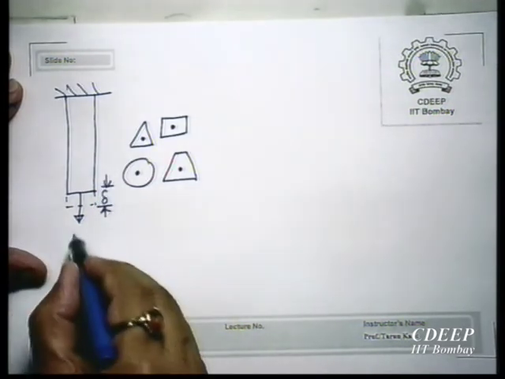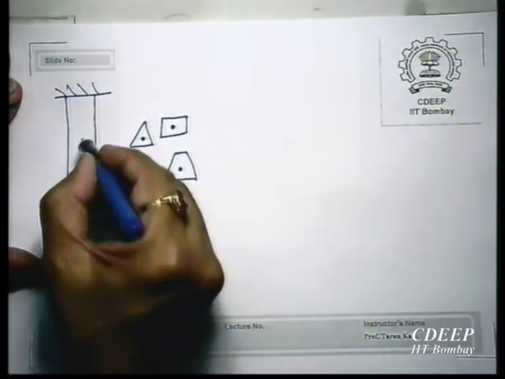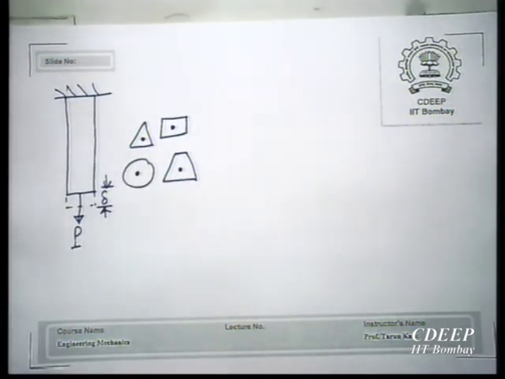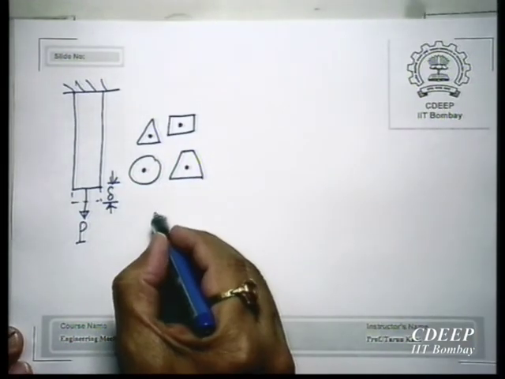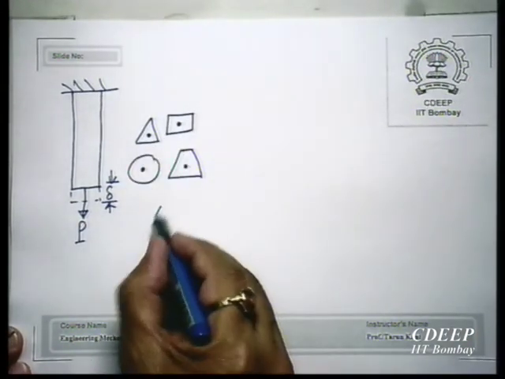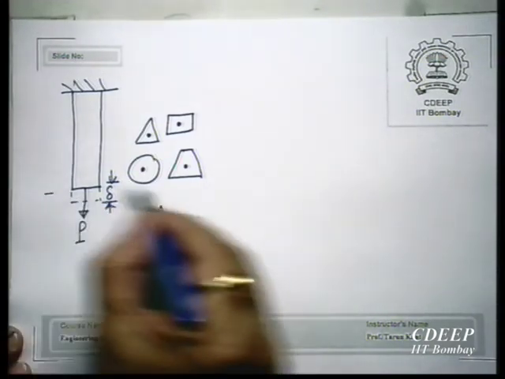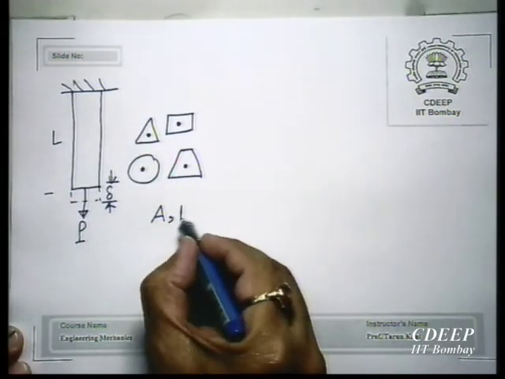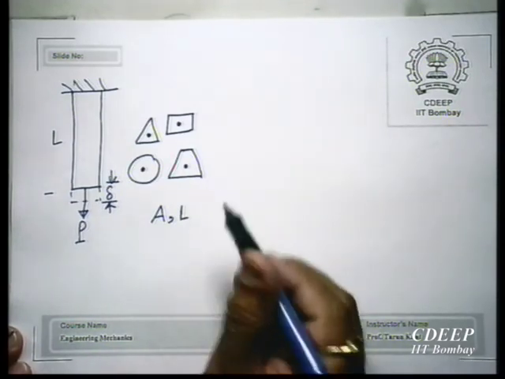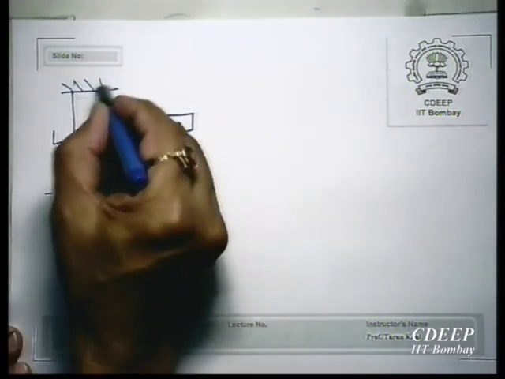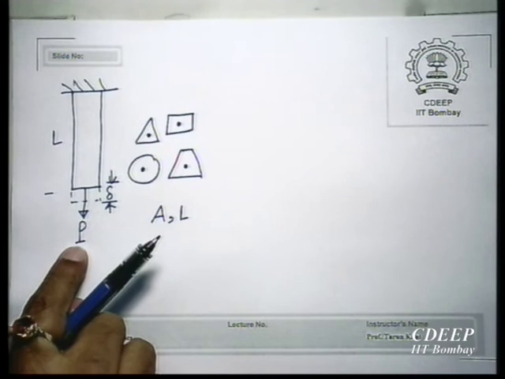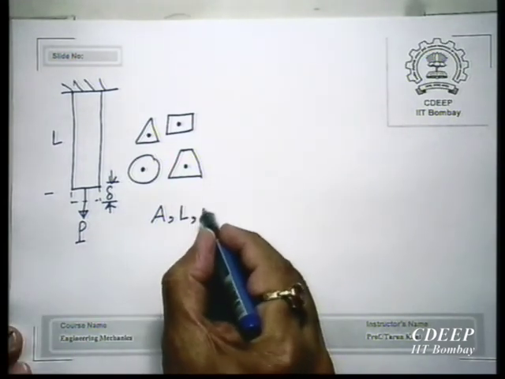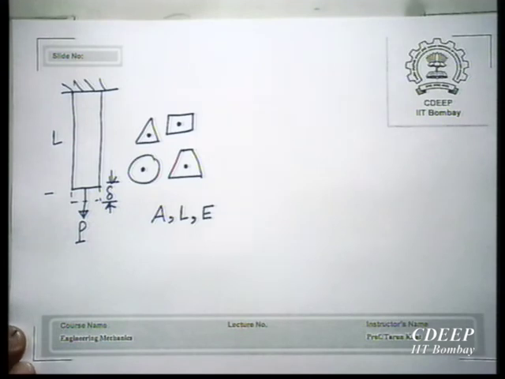this is weightless, it is hung from the top and there is a load that is put, and the modulus of elasticity of the material. So there are a few things that you need. You need the area of cross section, and you need the length L, this defines the geometry. After defining the geometry, you need the boundary condition. So the top one is fixed, the bottom one is free, and a load is applied. And then you also need the material. Material is defined by a material constant, Young's modulus.